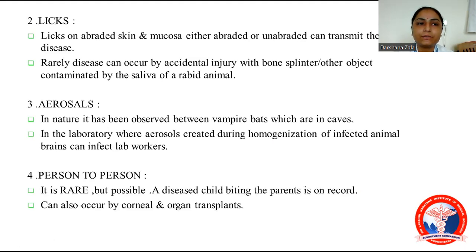The second mode of transmission is licks. Licks on abraded skin and mucosa, or even unabraded, that is intact skin, can transmit the disease. Rarely, disease can occur by accidental injury with a bone splinter or other object contaminated by the saliva of a rabid animal. The third is aerosol transmission, less reported,